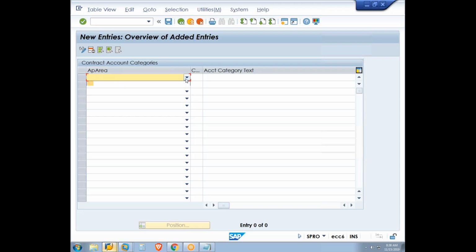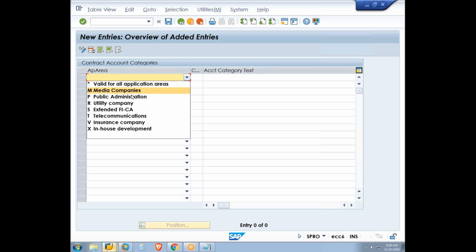So the application area is valid for all company areas: media companies, public administration, utility, extended FICA, telecom, insurance, in-house development. But in one system we can activate only one application area. That means in one SAP system, you can activate either telecom or insurance or ISU. We cannot say in the same system